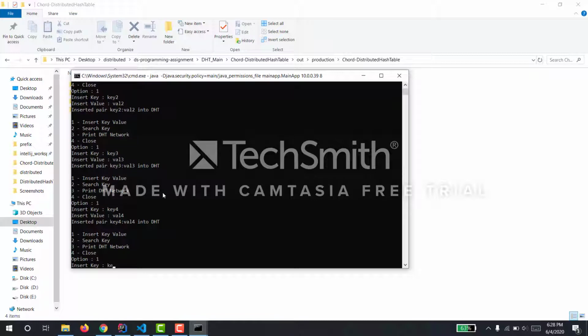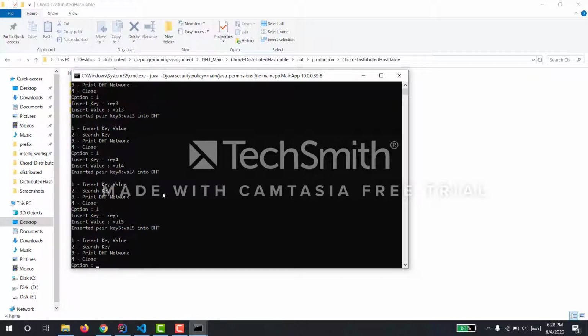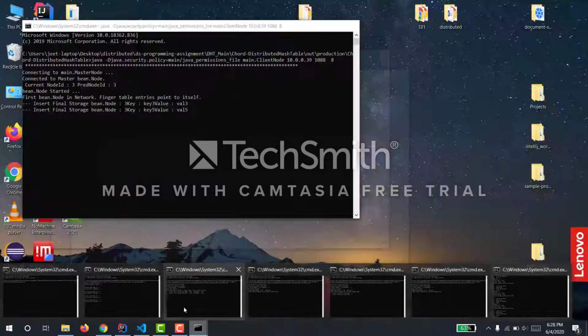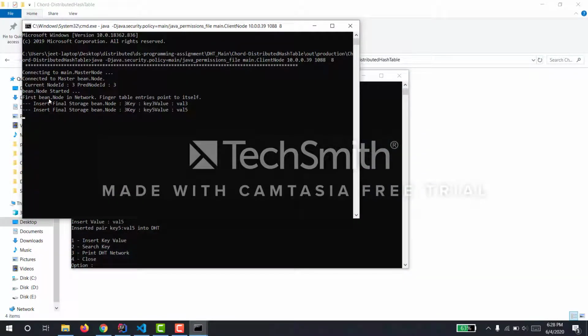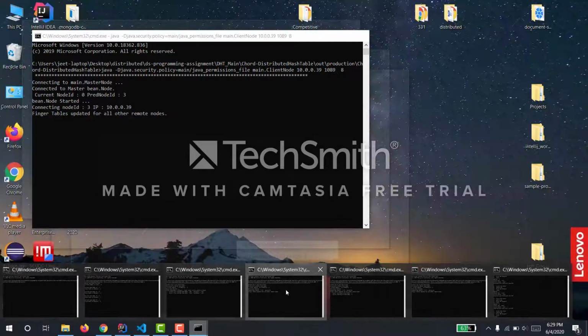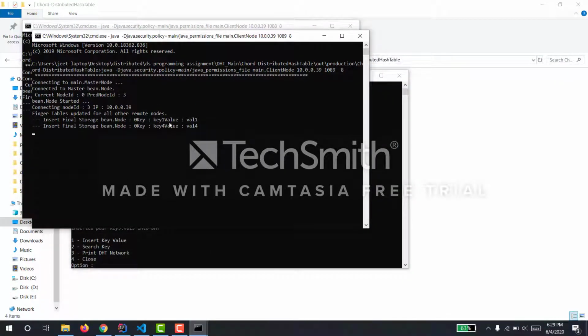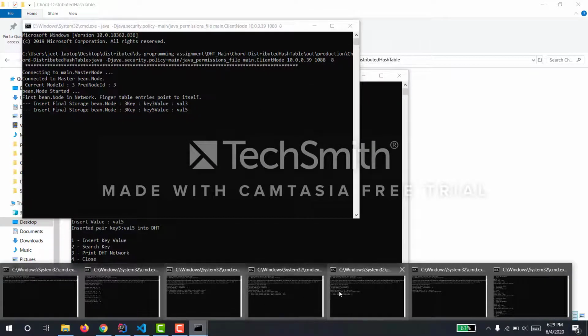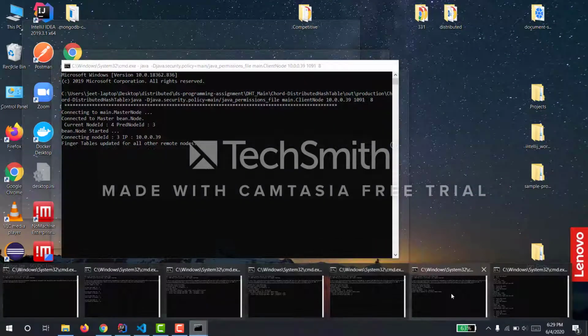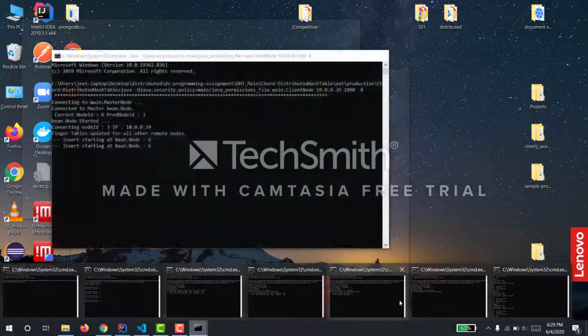And another one, key 5, val 5. These keys should be distributed across different nodes. Let's say key 3 and key 5 are on this particular node, which has node ID 3. This is for key 1 and key 4, which is node 0. Likewise, the keys will be distributed across the client nodes as soon as we insert them.